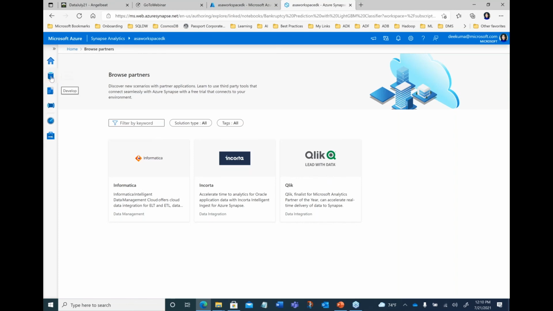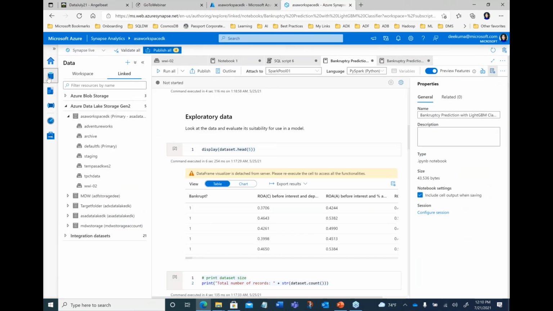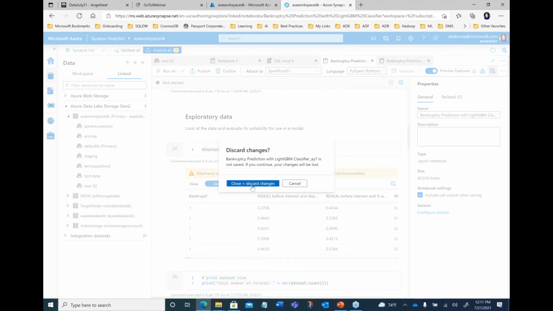But now coming down to the UI, we have 4 hubs. We have the Data Hub, we have a Develop Hub. When you come to the Data Hub, let me close all windows. So,